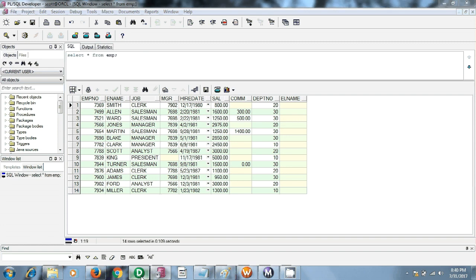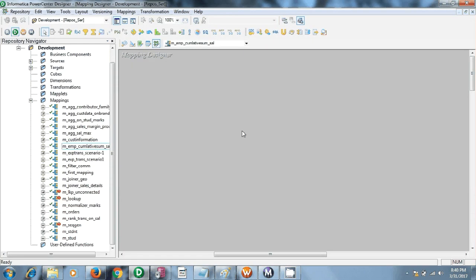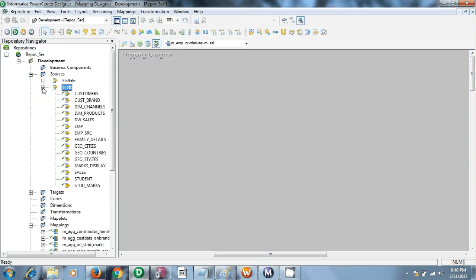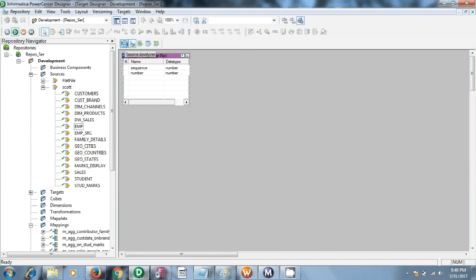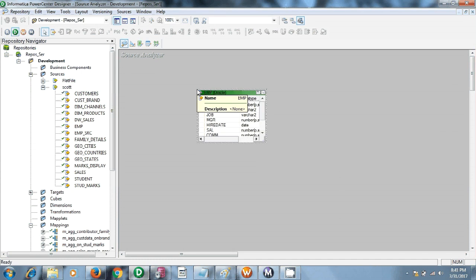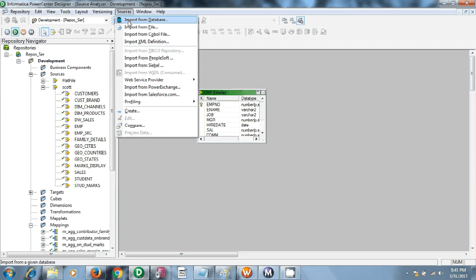Go to your PowerCenter Designer, and already I have imported my source here. My database is the Scott database, and here EMP table is there already. I am going to Source Analyzer, clear all, simply drag and drop. Or else, if you want to import a source, go to Sources, import from database, because your source is a database.